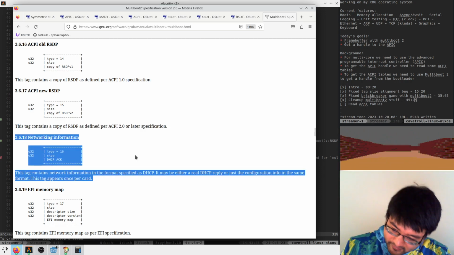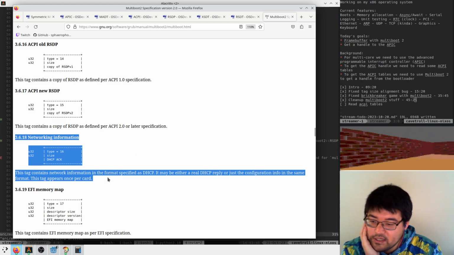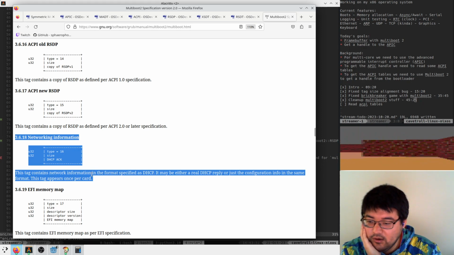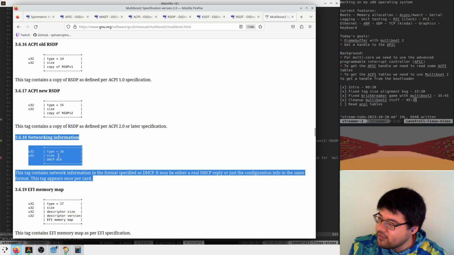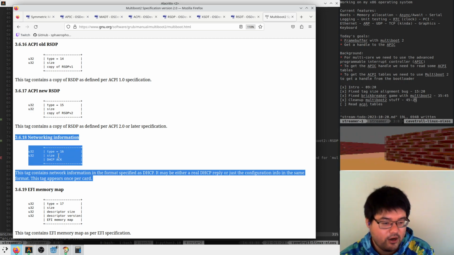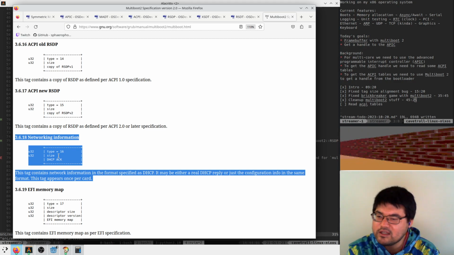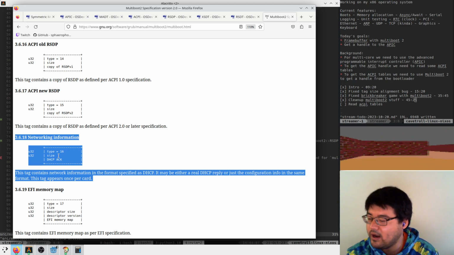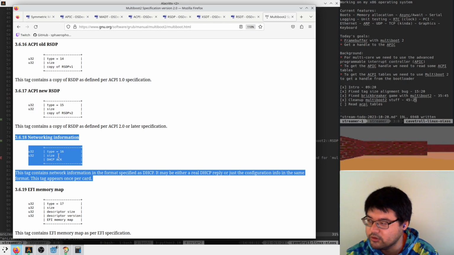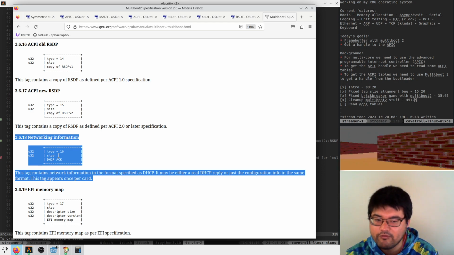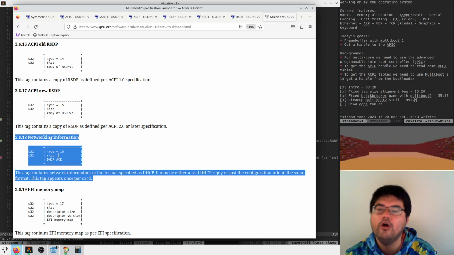What the heck? That's crazy that the BIOS does DHCP. Wow, that's kind of neat. So, in theory, I could get an address in my operating system without ever implementing DHCP just because the BIOS implements it. That's crazy. Or not the BIOS, the bootloader. Well, that seems like an insane thing for the bootloader to do. Am I crazy? For the bootloader to have an Ethernet card driver? Oh, sorry, I misread this.